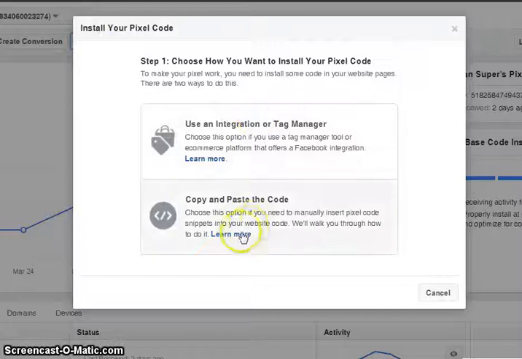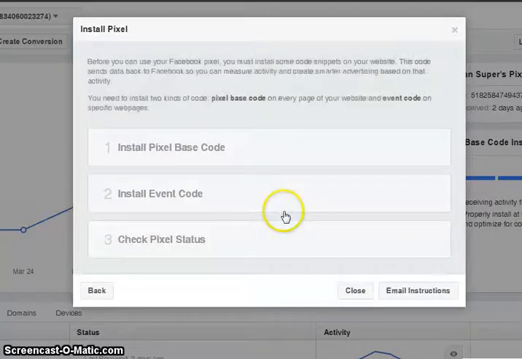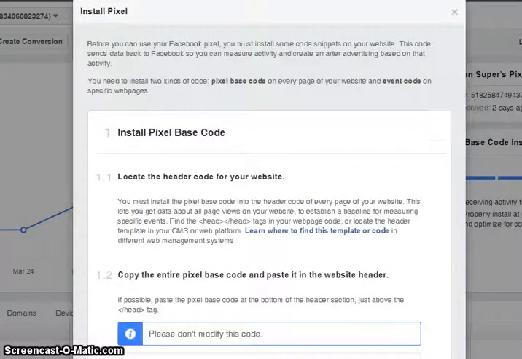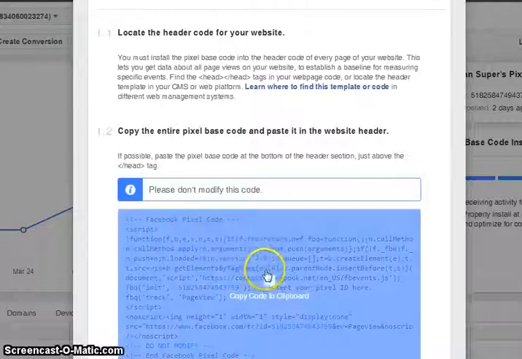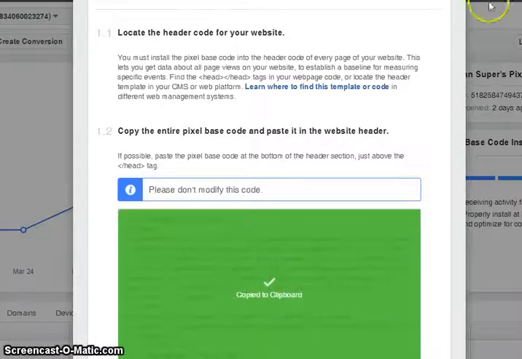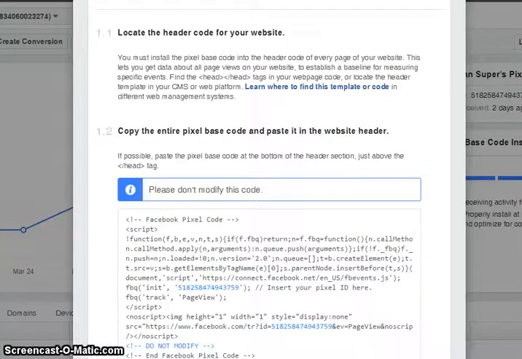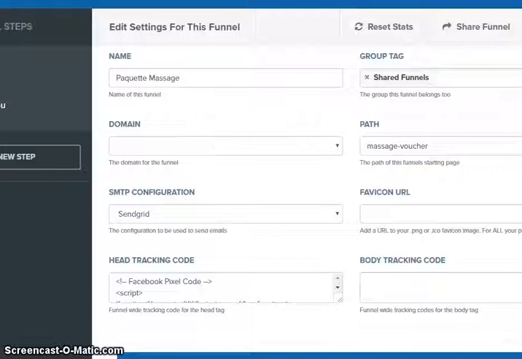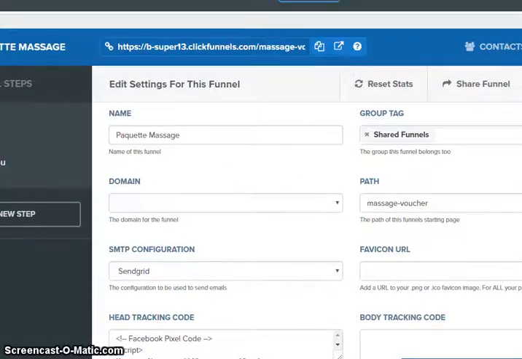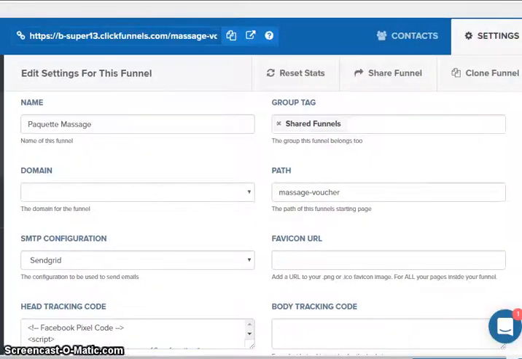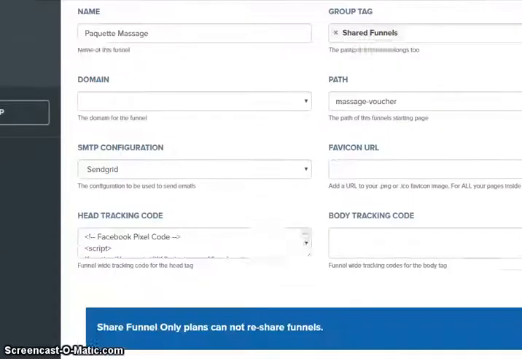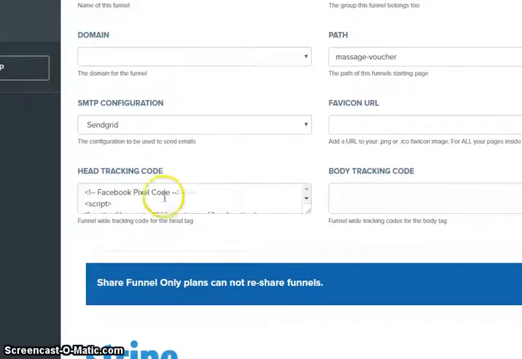Set up your pixel, and I just use the copy and paste code. So you go down here, you copy all this. Okay, you go back over to your ClickFunnels, and it's in this settings area here,